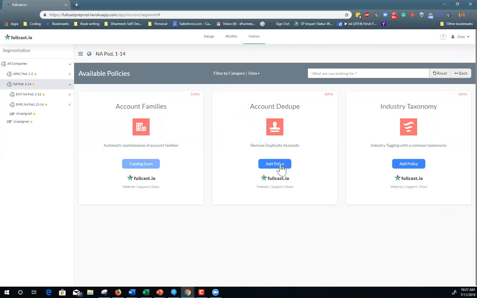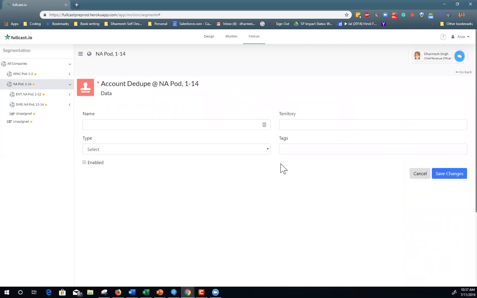So these are all the policies where we felt that anything that comes in is always evolving, always changing, given the nature of go-to-market. Instead of writing code, it should be enforcement of those policies. So the way the policies work is when you hit save changes, we will enforce these policies onto the CRM system. So think of these as business rules running in the background to keep the ops engine humming along.